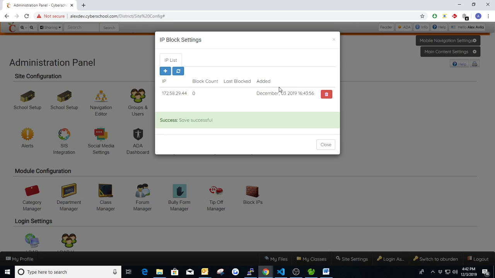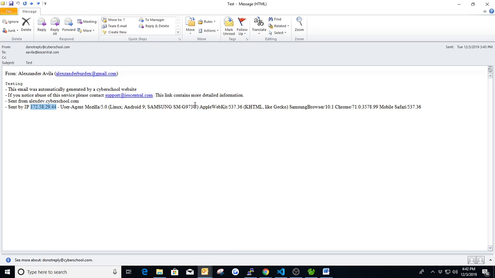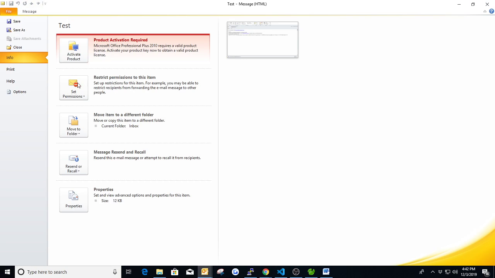So it'll tell you the date it was added, the last time it was blocked, and the block count. So it actually tells you how many times they tried to access your site. Okay, but let me go ahead, another way to access this is to go into the email file